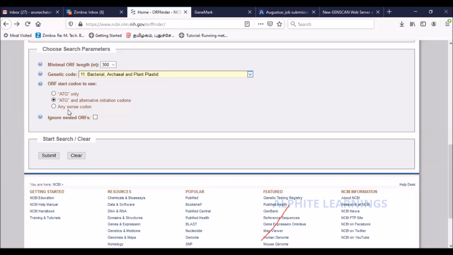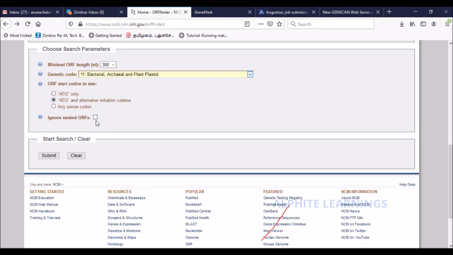Normally, how do we isolate the gene and sequence them? We amplify by means of a PCR, isn't it? So the primer itself is somewhere downstream. And I am very well aware that my primer is somewhere downstream and it doesn't start at ATG. In that case, I'll have to select this option. All right. So right now we'll just select option 2. That is the safest bet. If you don't know anything about your sequence, the safest bet is this option 2.